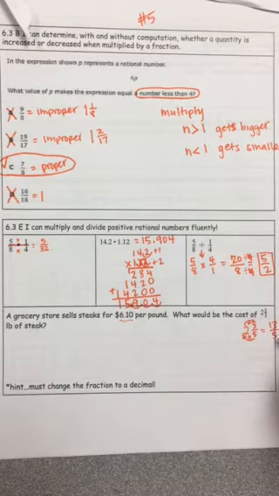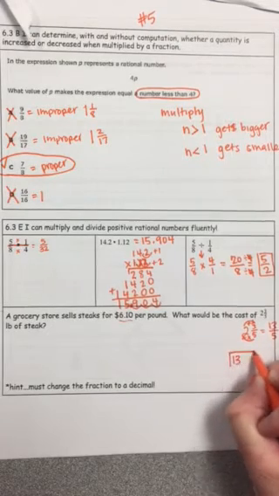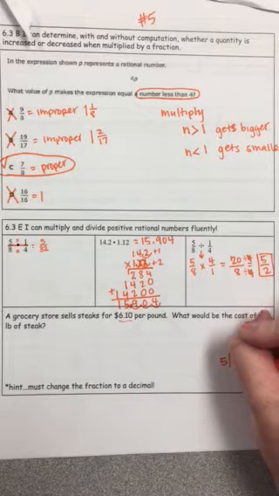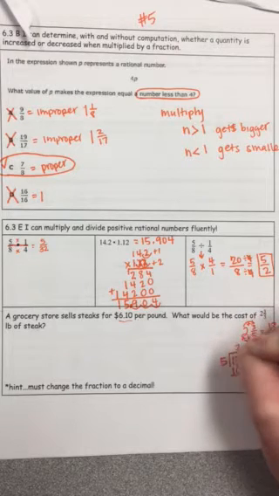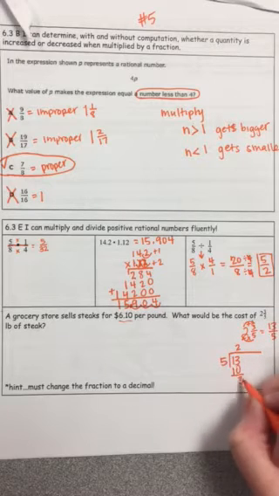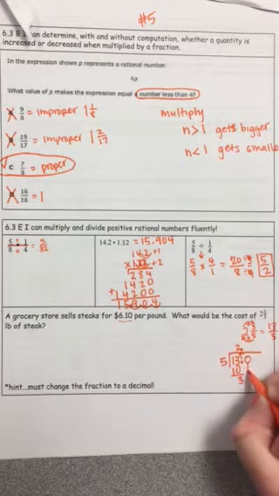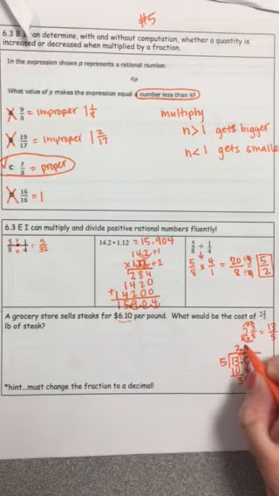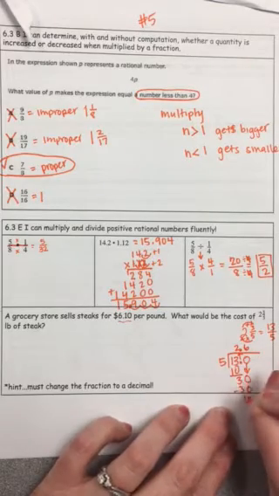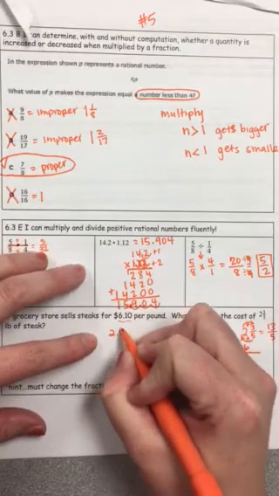So now we have 13 over 5. And I can make that a decimal. I put 13 on the inside, 5 on the outside. 5 goes into 13 2 times, which is 10. 13 minus 10 is 3. 5 cannot go into 3, so I add a decimal. Add a 0 and bring it down. 5 can go into 30 6 times. 6 times 5 is 30, and that gives us our 0. So now I have 2.6 pounds of